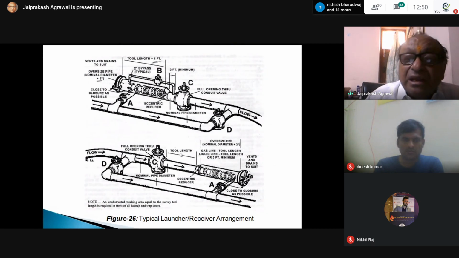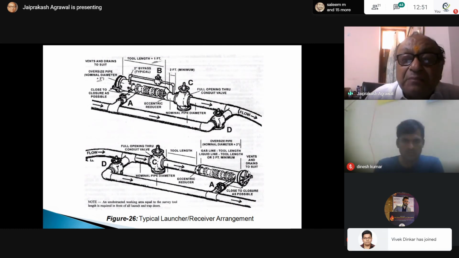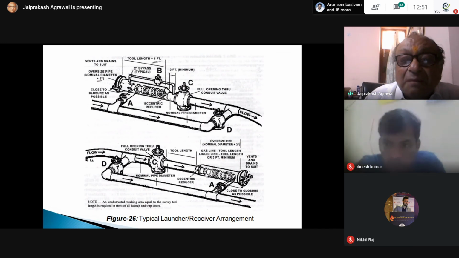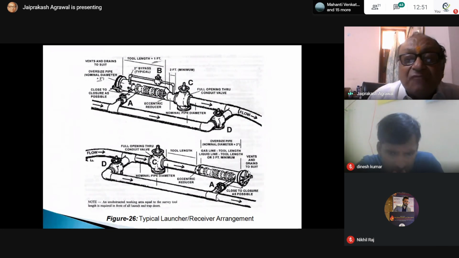But here you have to take care that you have to know where the pig is. Somebody, a pig, has to be there, to show that it has passed through. But more important is to go from here to here. So you have that pressure gap between these two. Close the valve, and it will come through, open here, and then you reduce that pressure. You close that valve, you vent it through that valve, close it, and you vent it like that. So the low pressure, and again it will come here like that.